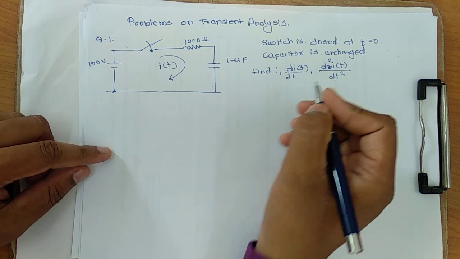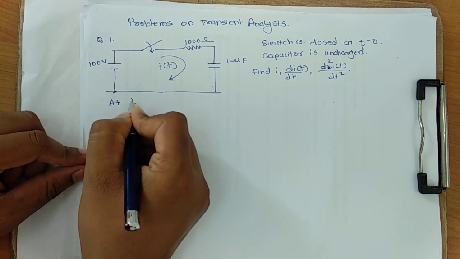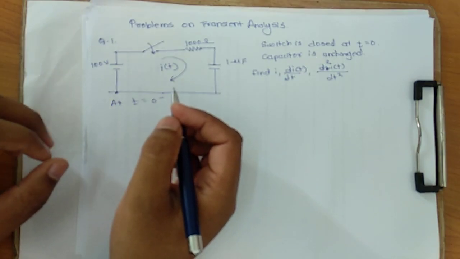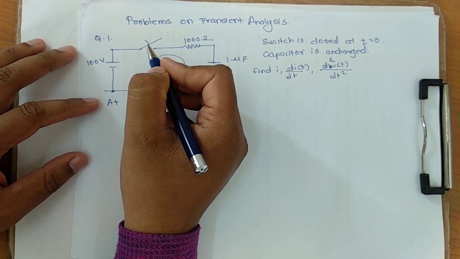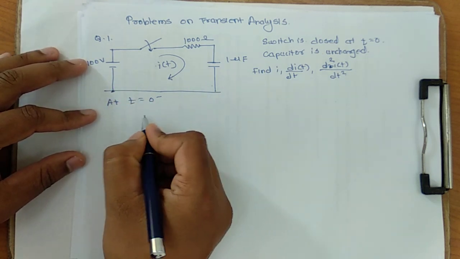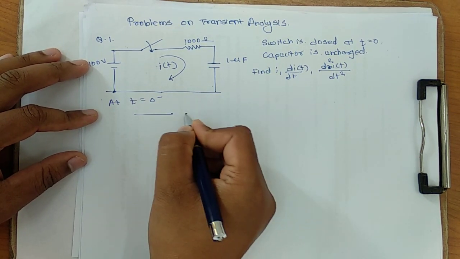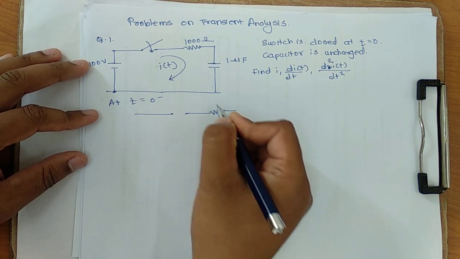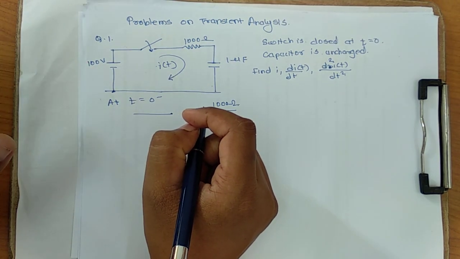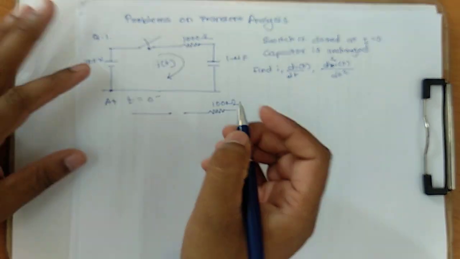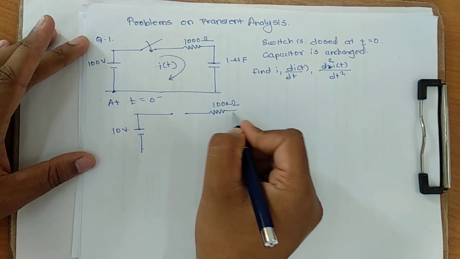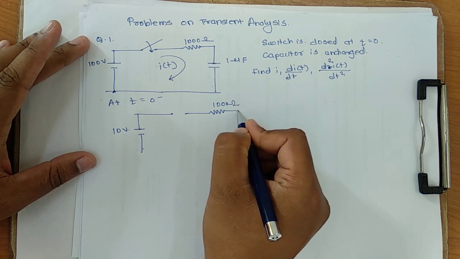First of all, we will find out what happens in this circuit at t equal to 0 minus. At t equal to 0 minus, the circuit was open, means this switch was not closed. 0 minus means the previous condition. The switch was open, and there is a resistance here. At 0 minus also the resistance doesn't change. So the resistance is as it is, the voltage is as it is, that is 100 volt, and the capacitor